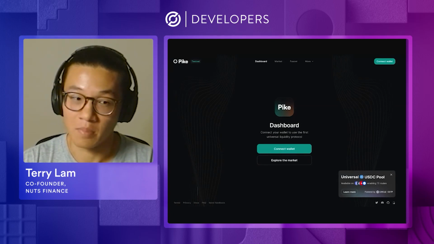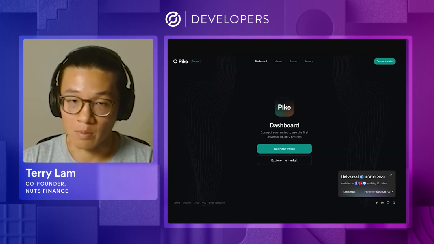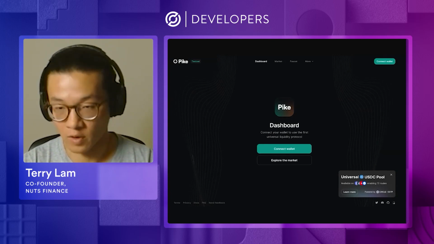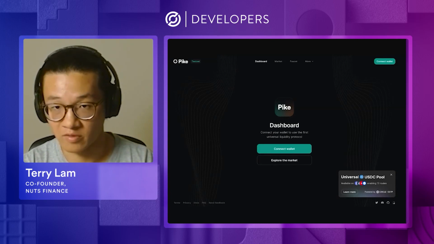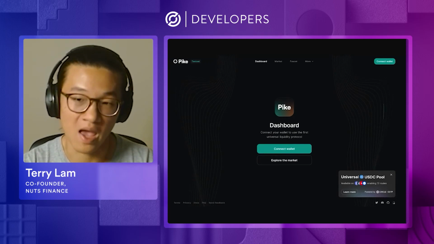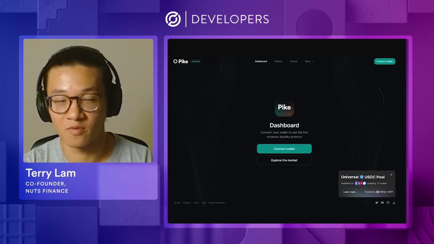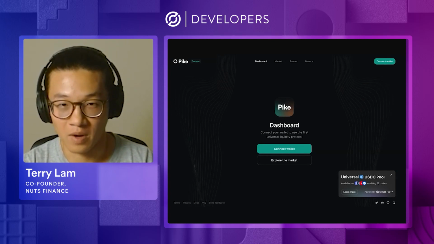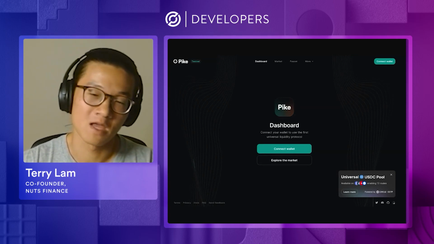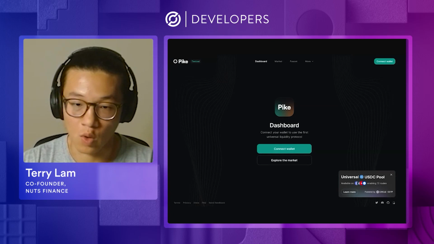showing you guys Pike. For today's session, I'm going to walk you through a few key workflows that demonstrate the capability of Pike: supply, borrow, repay, and on top of that, one piece of critical infrastructure that Pike relies heavily on, which is Circle's CCTP. Okay, so what you're looking at right now is Pike's dApp, and right off the bat,